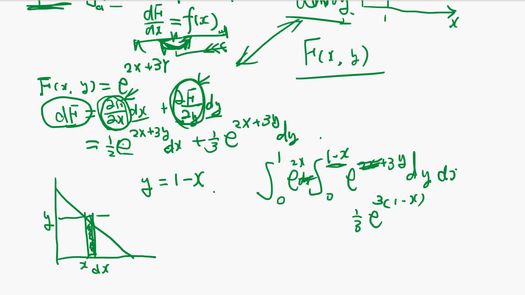Sorry, you cannot separate this because you have this 2x here and dx together 0 to 1. Okay, x is 0 to 1 because this strip, you add up all the strip between this range, and depend on x, strip height is different, and that's reflected by this guy. Okay, so this is the boundary